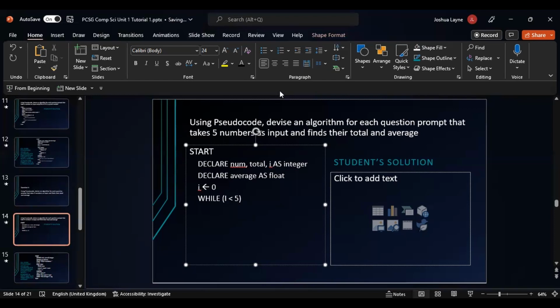Print enter an integer. Input num. It takes 5 numbers. Find total. Okay, and while,